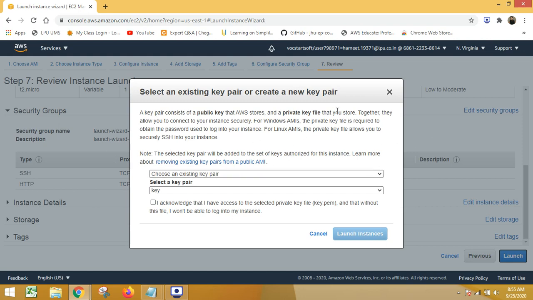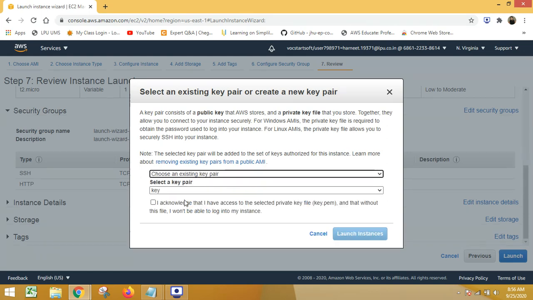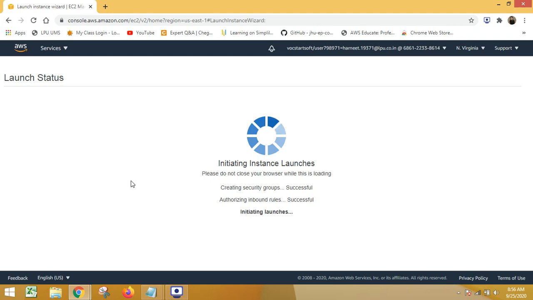My point here is that before launching the machine image, the important point is that in the AWS Management Console, they will ask you for a key pair, because this happens for security purposes. So I'm already having a key pair within my machine. If you don't have one, you can select to create a new key pair, choose the name of the key pair and download that onto your machine. Okay, so for the time being, I am going with the existing one only, and I'm acknowledging that I have access to this, right? So let's proceed with launching the instance.